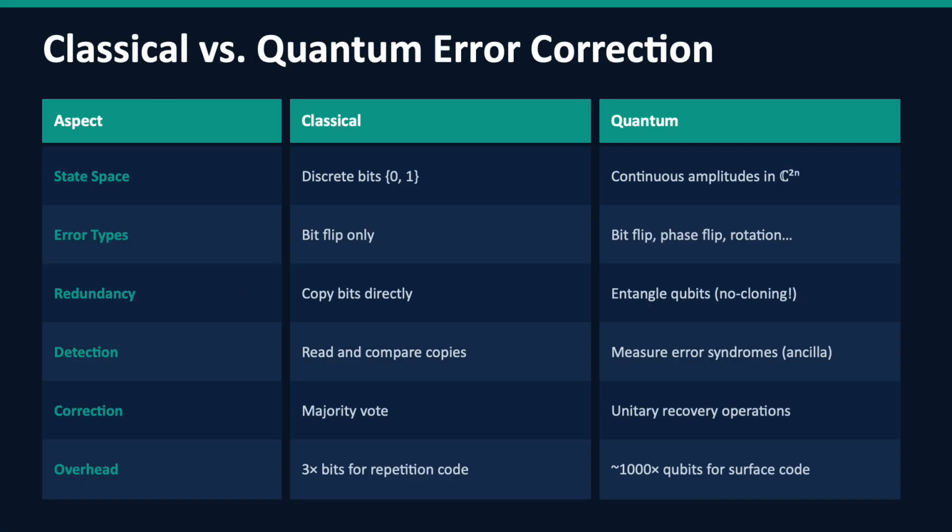Classical versus quantum error correction. To appreciate how different quantum error correction is from the classical counterpart, it helps to compare them directly. In classical computing, errors are simple. A bit is either a 0 or a 1, and an error is just a bit getting flipped from one to the other. Detecting this is straightforward. Make 3 copies of every bit, and if one disagrees with the other 2, it is the one that got flipped. This majority vote approach has been used in everything from spacecraft computers to everyday hard drives for decades.